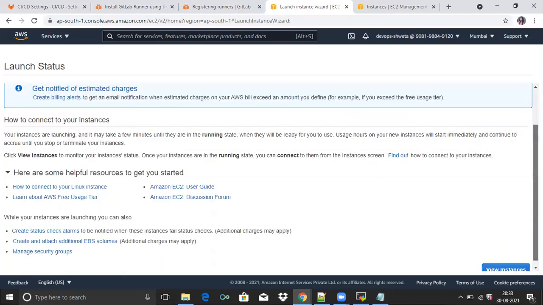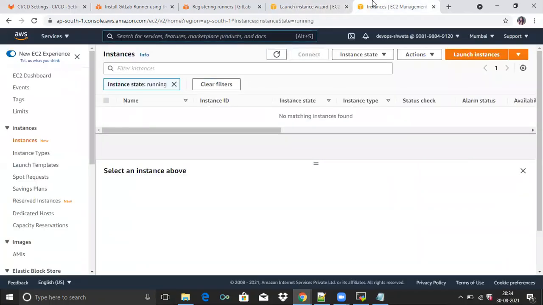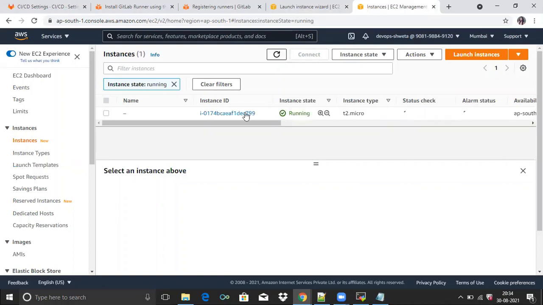Now go to the EC2 instance here and refresh the page. You can see our instance.